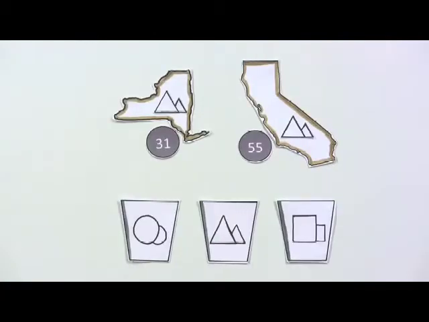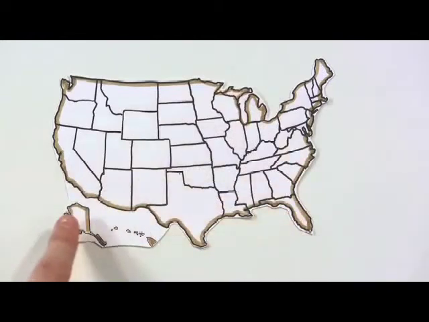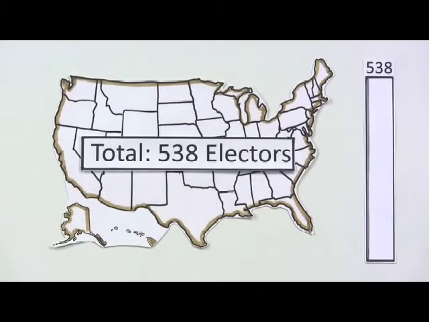That's why big, populous states can be so important to candidates. Their electors add up quickly, and the number of electors is what really matters. Here's why. If you add up the electors of all 50 states and the District of Columbia, there are 538